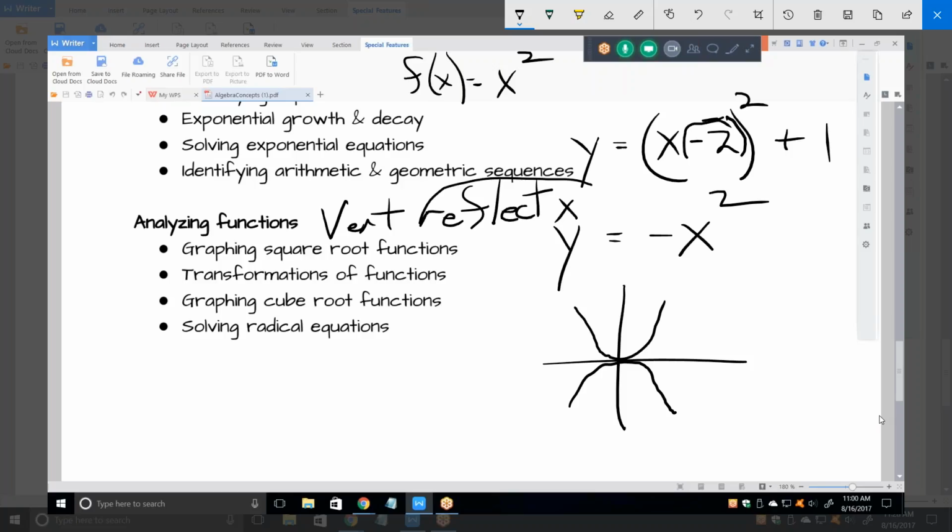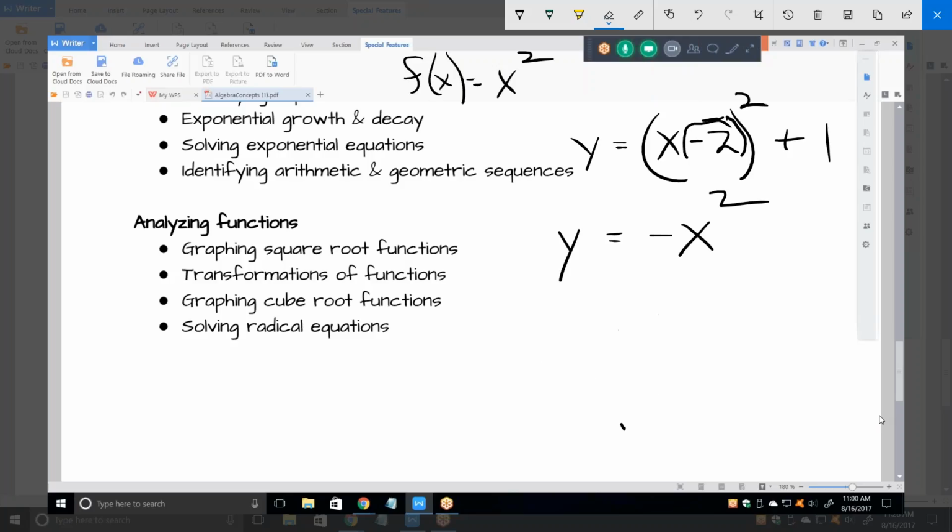So it fits with the categorizing that I've come up with. But you would have to give at least that much information on a test. It's a reflection over the x-axis. You wouldn't have to necessarily call it a vertical reflection. A lot of people might not even know what a vertical reflection means, but we do. Now, it's a horizontal reflection